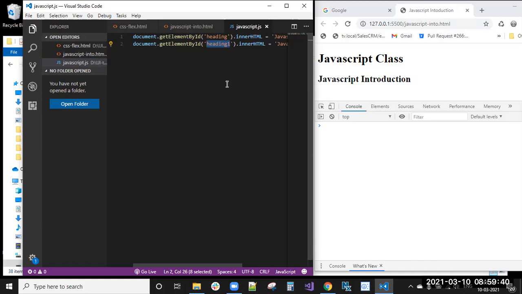By using JavaScript, not only content, we can also change the style of an element. Here the JavaScript class text color is white, right? But I want the text color to be red. How can we do that? Every JavaScript statement, we can call this one statement. Every statement we need to close with a semicolon. Remember this.